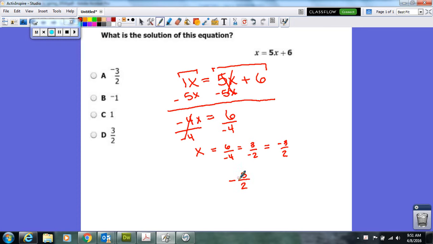A lot of students get confused when you ask them, well, which number is negative? And some students would say, well, both numbers are negative. Well, that can't be, because if both numbers are negative, two negatives turn this fraction into a positive, and we don't have that in this situation. We have a negative fraction. So when you're applying a negative sign to a fraction, the negative can go with either the numerator or the denominator. It doesn't matter which. So 3 over negative 2 is the exact same thing as negative 3 over 2. So A